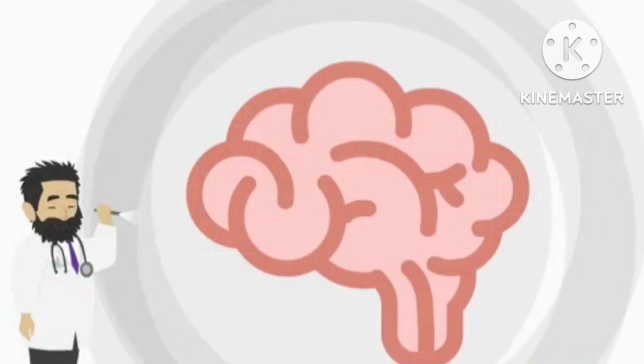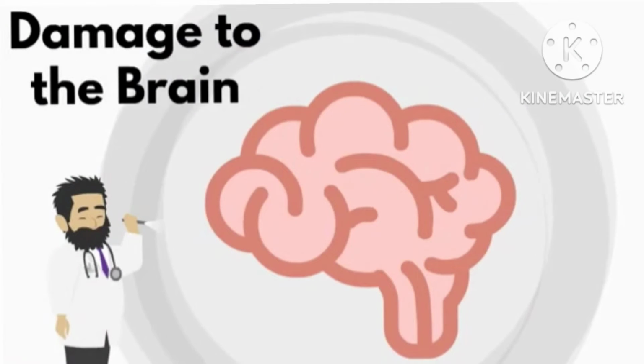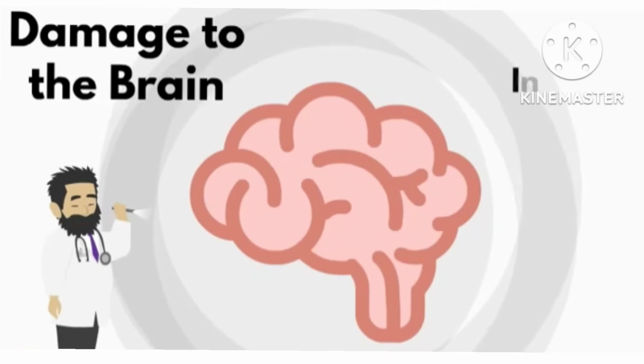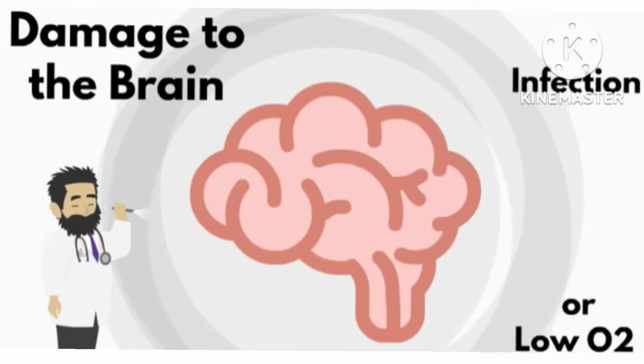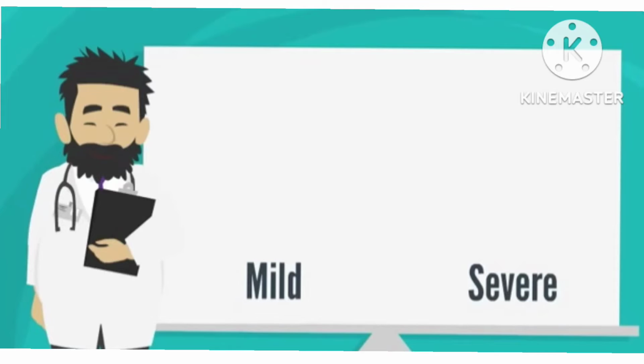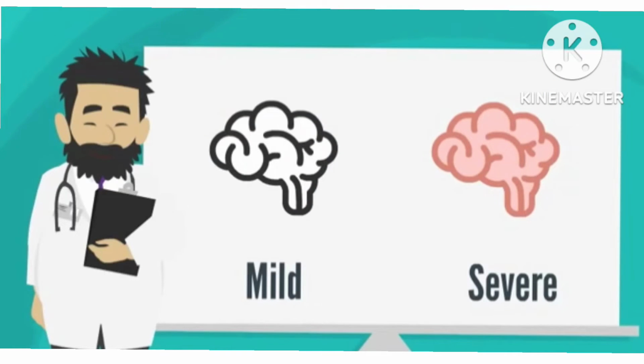While there is no definitive cause for this disease, scientists agree that CP is caused by damage to the brain. This includes physical damage, an infection, reduction in oxygen level, and many other causes. These damages can occur in early development, either in utero or in the early months, while the brain is still developing. As a result, there are different types of cerebral palsy that can range from mild to severe.